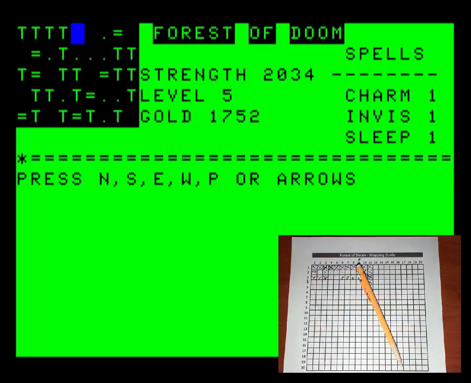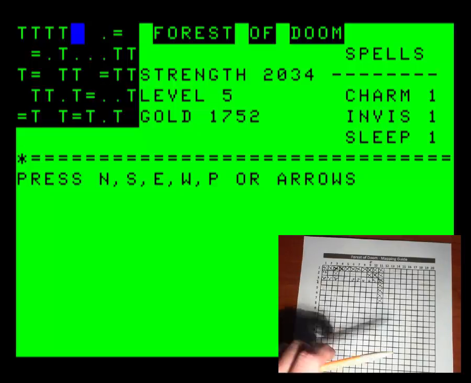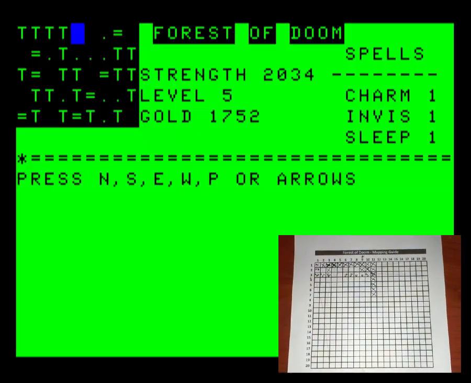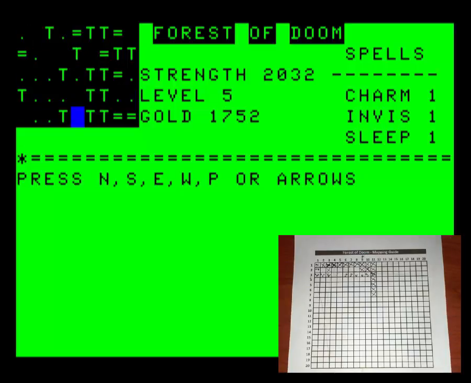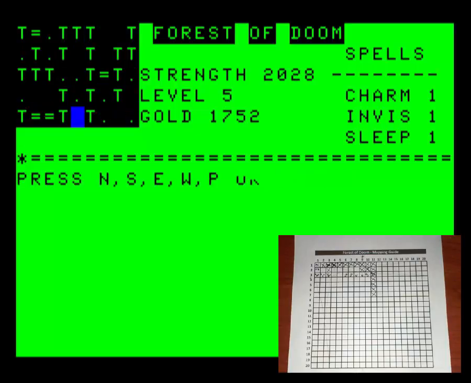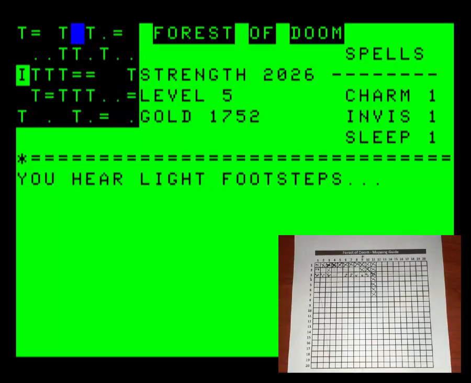Alright, I need to find an inn. There's a tactic I figured out that if you stay on the edge of one of these segments of the grid here, and you move back and forth between two adjacent ones, the inn will eventually randomly appear. And while I'm fairly certain this isn't the way Bruce intended you to play the game, and there it is,